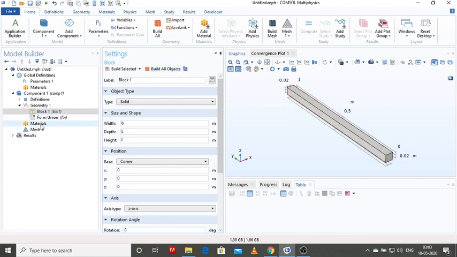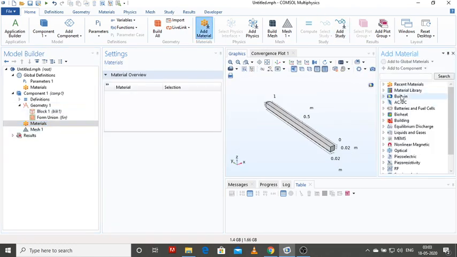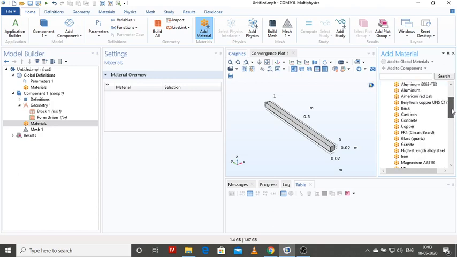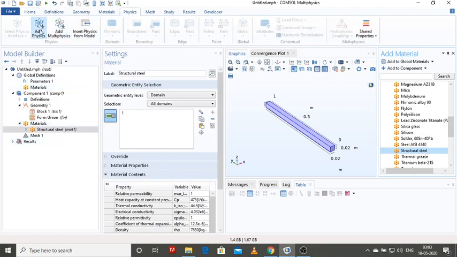After that, I'm going to select add material. So I'm going to give structural steel. Whatever material you want, you can select it from the material library. Now I'm going to add physics here.